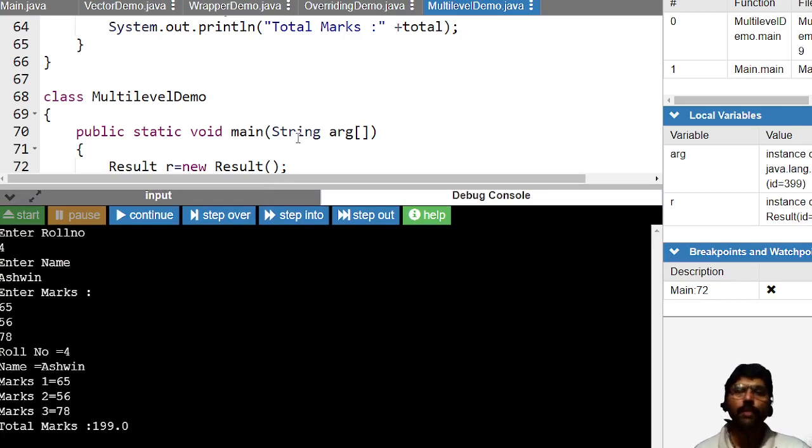Now what this experiment does is give you the idea of multi-level inheritance, how to create multi-level inheritance, and also how to use different members by specifying the access specifier. This access specifier, like public, private, protected, and friendly, gives you control over which class method can access which member. If I have created one class, I can give the permission for which class can access those members. That permission can be set and it is in my control. So that is called an access specifier.